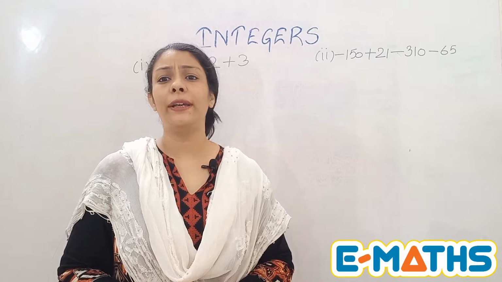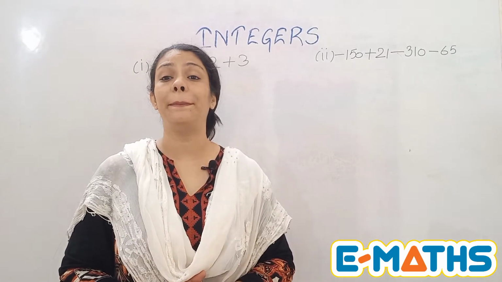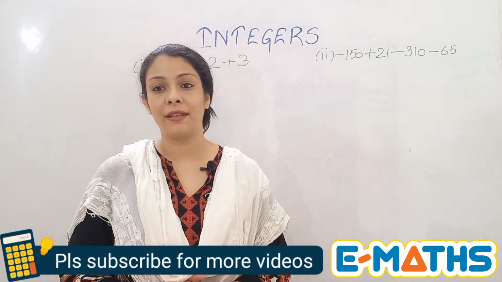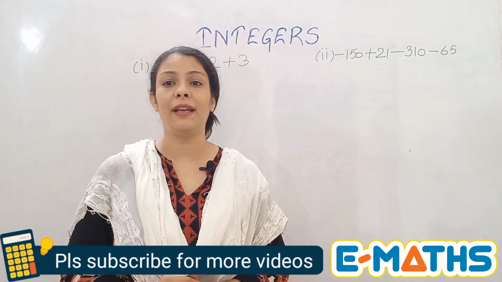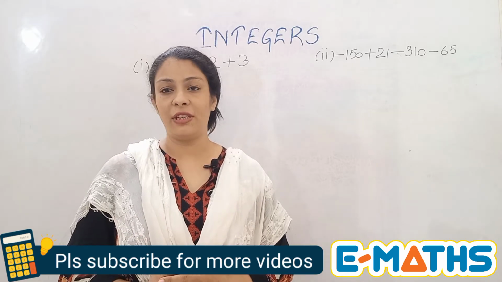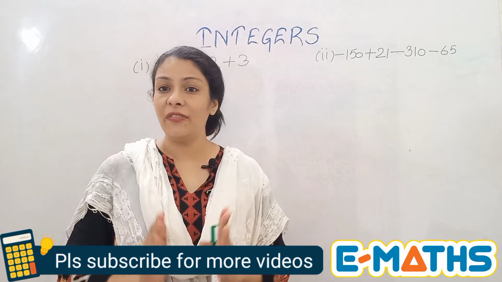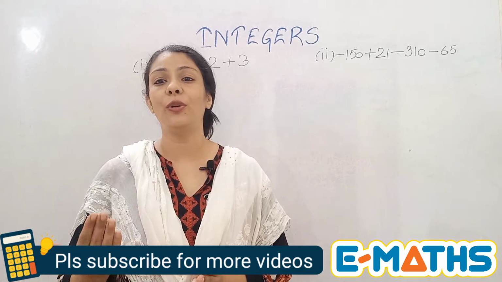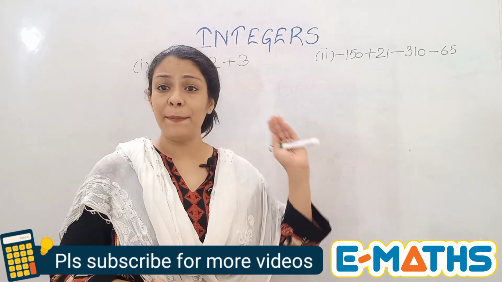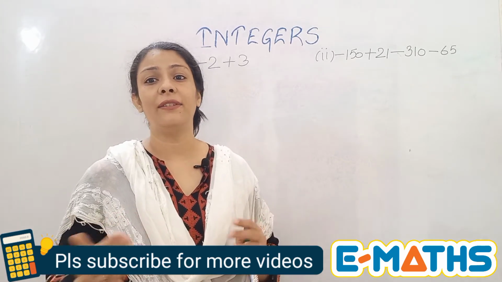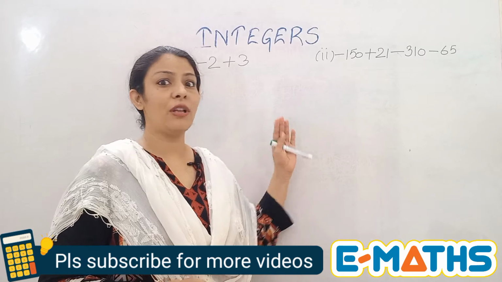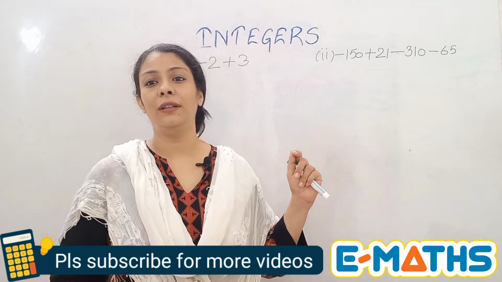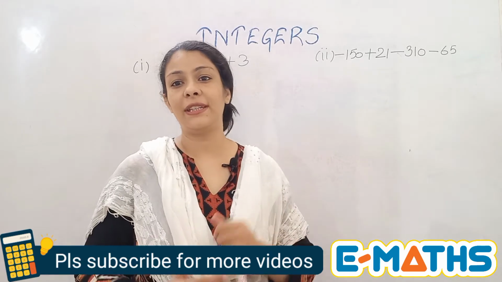In the previous video, I explained how to take up the basics of integers, how to solve addition and subtraction, then how to take up the signs in the answers. Today in this video, I'll explain that if in a question you have a mix of positive and negative integers, then how you're going to solve them. This is important because integers are linked to algebra also. If this concept is clear, how to add or subtract the integers, you'll be able to do the algebraic part also. So let's see how to do it.